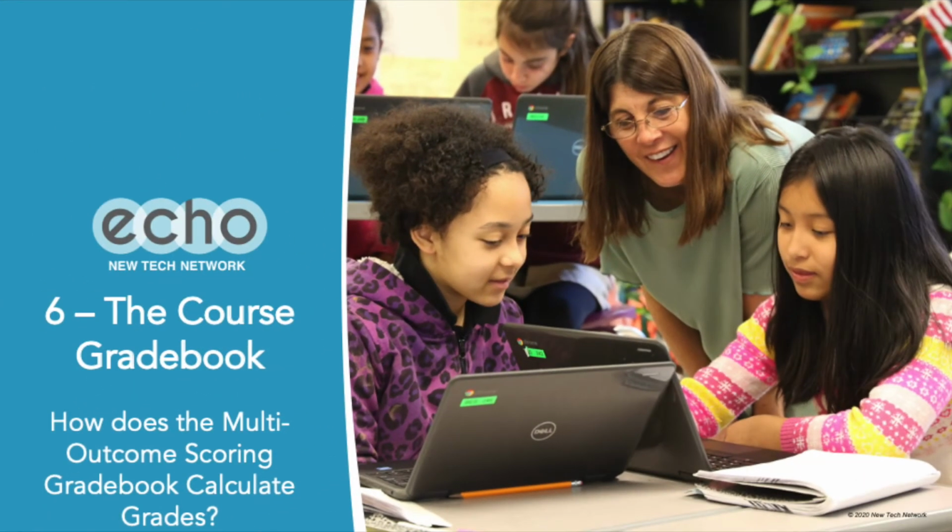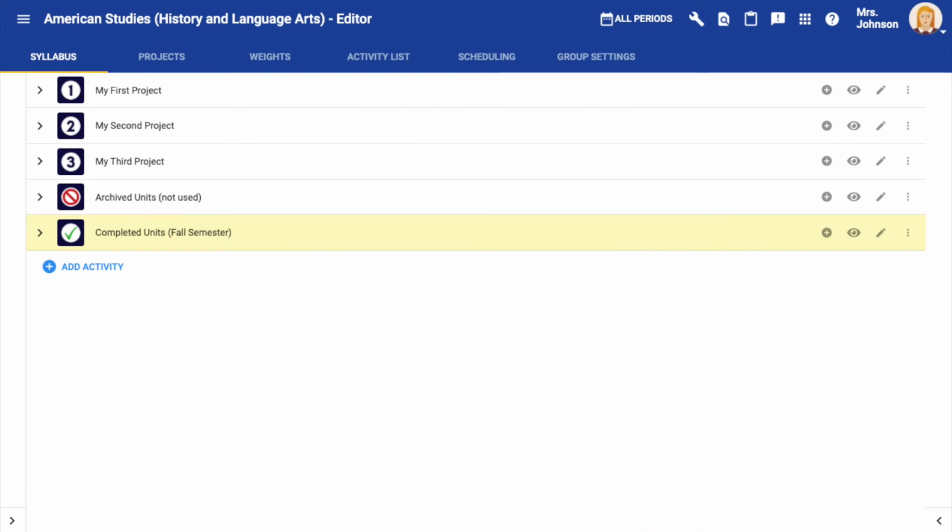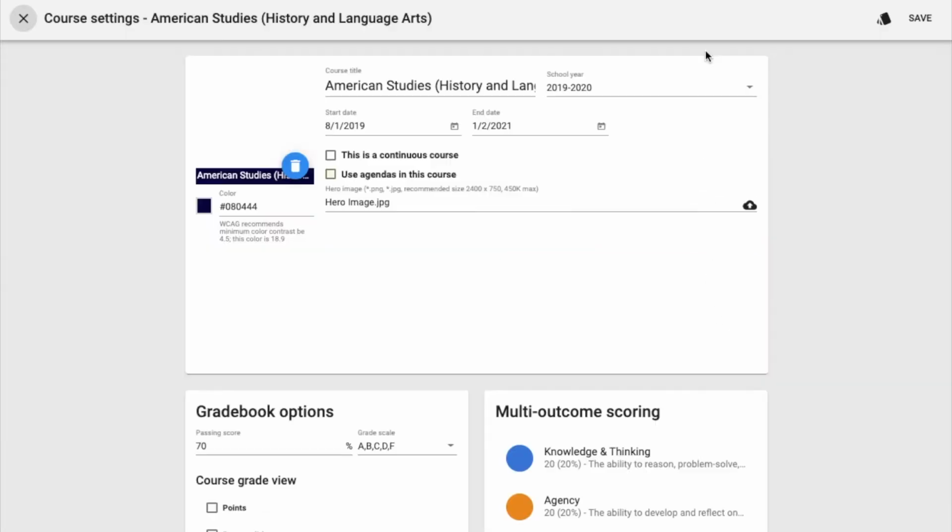If you are using Echo to support deeper learning, chances are you are going to be using the Multi-Outcome Scoring Gradebook. Before we jump into looking at the course gradebook, let's talk about multi-outcome scoring and how it calculates student grades. Within the settings of your Echo course, you have the option to use the Multi-Outcome Scoring Gradebook to assess